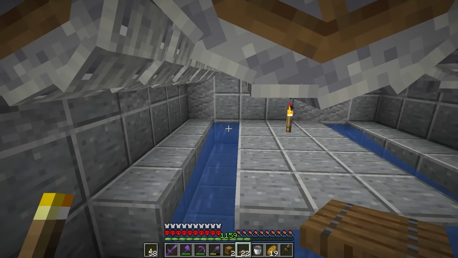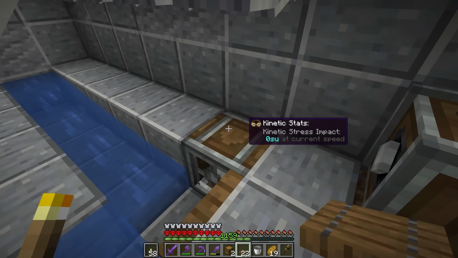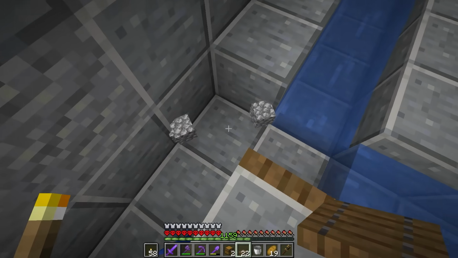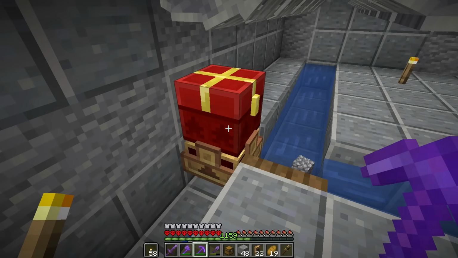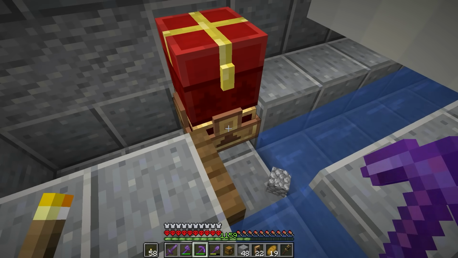The water streams are going to wash all the gravel down here right up to where the trap door is. The encased fan is going to be blowing the items from over here all the way across, and when the items get here, they're going to get washed because the encased fan doesn't get blocked by the trap doors. And finally, I think the items should be able to make their way under this brass funnel right here,